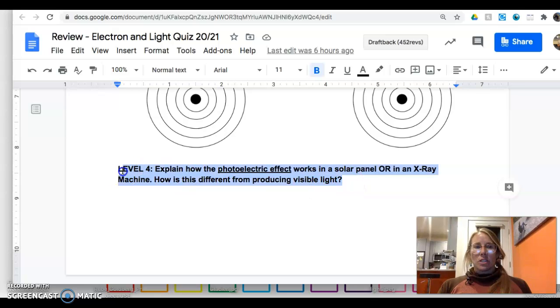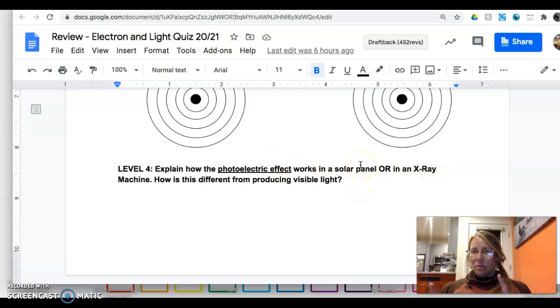There is a level 4 question, and again, that's something that you have to go do your own research on. So explain how the photoelectric effect, and this might be something you want to look up and learn about. It's similar to how light's produced, except the electrons are actually leaving the atom instead of falling back down. So look into how that works and why that happens. But that happens in solar panels and in X-ray machines. So how is the photoelectric effect part of either one of those? You can pick whichever one you want to study. And then why is this different from producing visible light, which I just said the answer. So